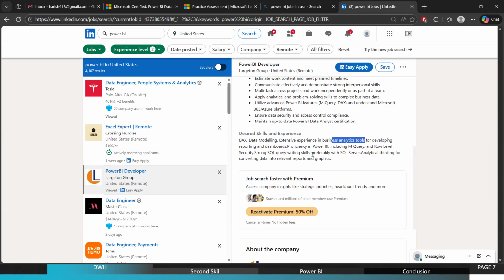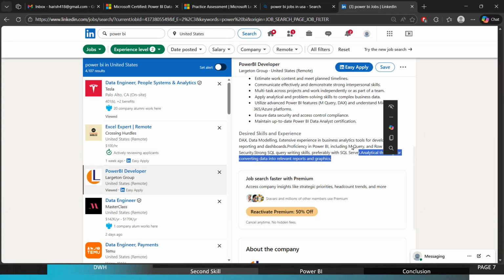And if you see here, strong SQL query writing skills, preferably with SQL Server. So they are looking for people who have SQL knowledge. Analytical thinking for converting data into relevant reports and graphs. Whatever the job profile, two things would be there by default: good communication skills and analytical skills.